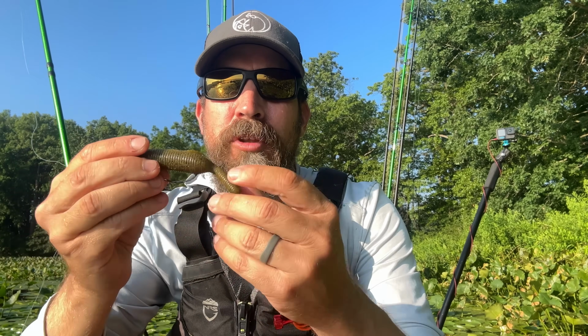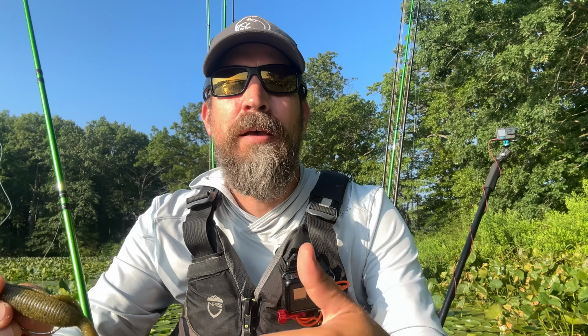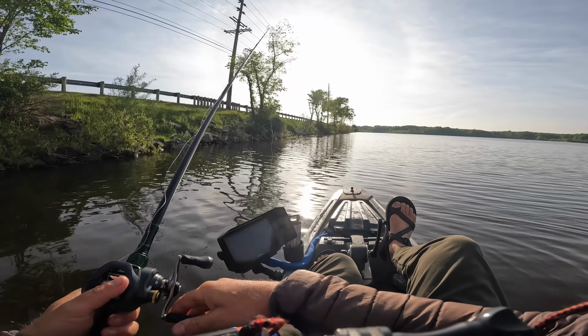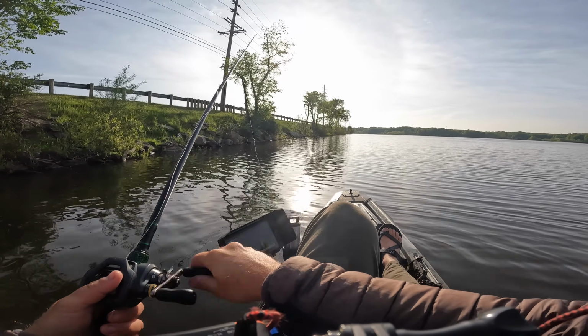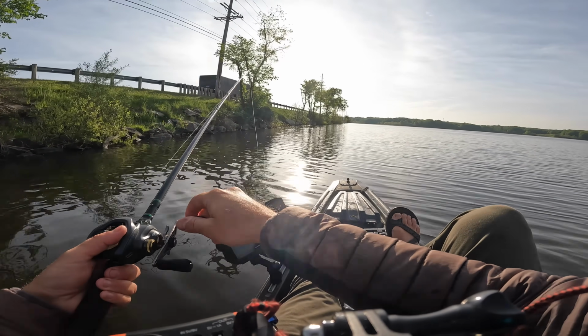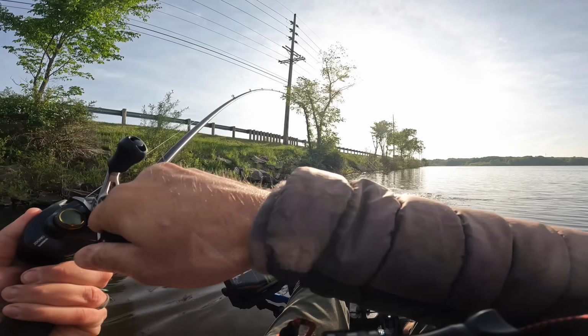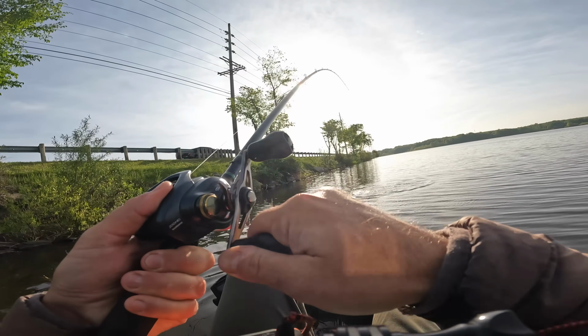Right now, the YAMATANUKI comes in 3 different sizes. It comes in a 2.5 inch, which is like a 1/4 ounce. Comes in a 3.5 inch, which is 5/8 of an ounce. And then it comes in a 4.25, which is like 3/4 of an ounce. It's a heavy plastic. I like to rig the 3.5 on a 5/0 Gamakatsu EWG hook, but you can also